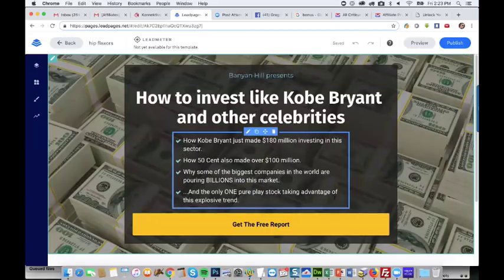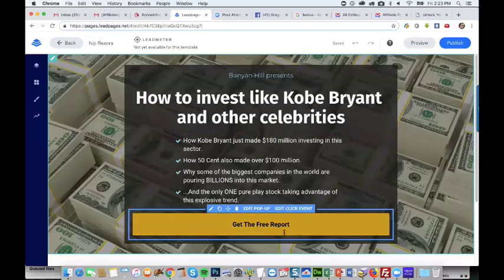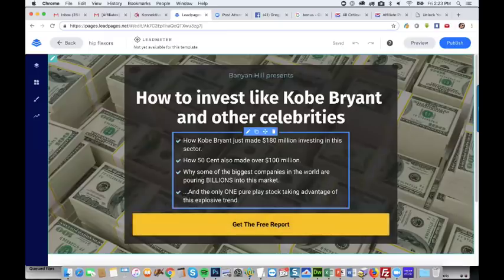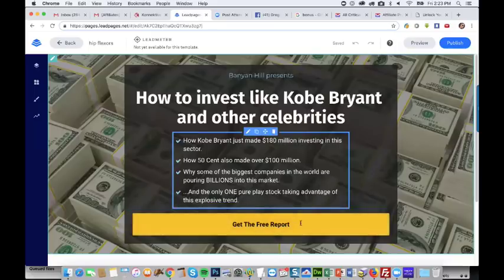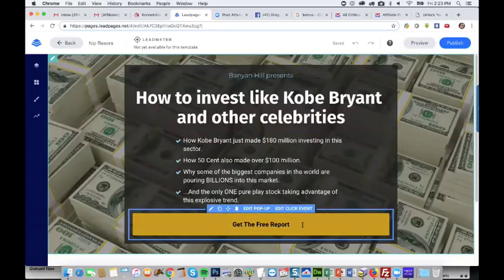So this is a design that I've used for a while. I've used it mostly to capture emails. This is mostly a squeeze page, but today we're just going to use it to click through. If it works clicking through, then it'll most likely work with the squeeze page. But I don't like to start with the squeeze page because, like I said, A, we don't even know if it's going to work. B, you're going to get fewer clicks to the offer with a squeeze page. They're going to be more qualified clicks, but right now we're just trying to determine if it's going to work or not. So we want to get more clicks through. That's why I start here.